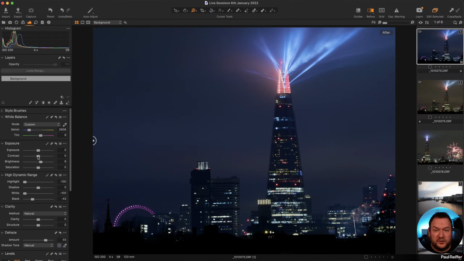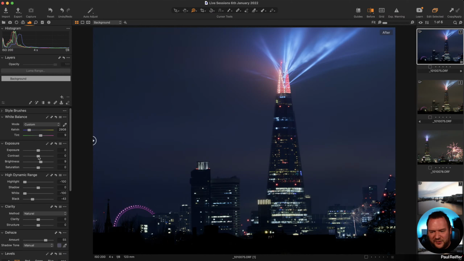Now, of course, we've got the contrast slider too. I can pull that up a little bit, but bear in mind, and this is the thing, remember where most of my data sits and what the contrast slider does. With the contrast slider, almost imagine a line down the middle, and it says, right, if you're brighter than the middle, get yourself brighter again.